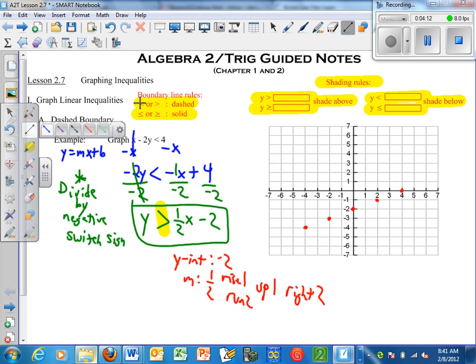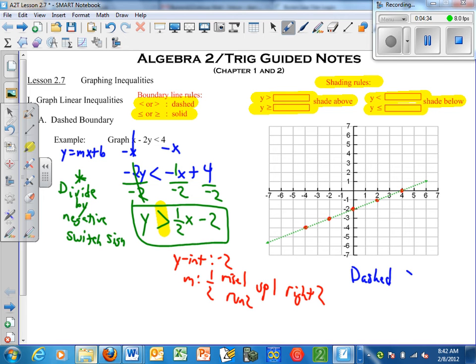And I'm going to do a dashed line. So I'll grab this line. My boundary is dashed. So dashed boundary line. Now, do I shade above? So we want to do, let's write these things down. We do a dashed boundary line